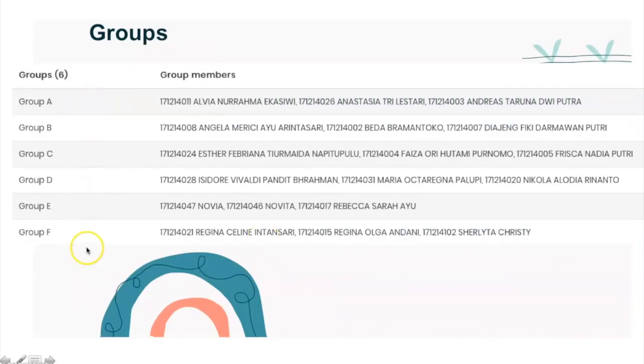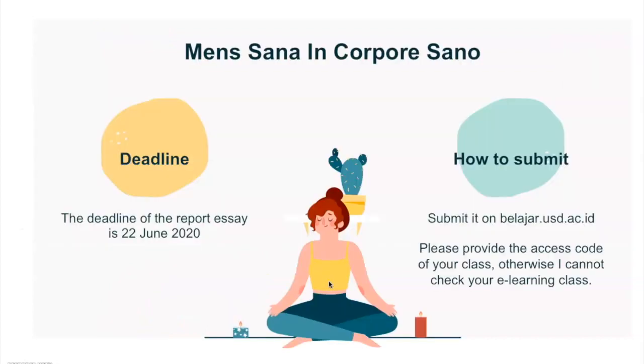So these are the groups. It consists of 6 groups in our class, and each group consists of 3 students. Okay, for example, group A, it's Alfia, Anastasia, and Andreas. And you can read the rest of the groups, okay, and locate where your group is. About the deadline, it is on the 22nd of June 2020, so it's quite long. Okay, but don't do it at the last minute because there are some steps that you need to go through in order to complete this